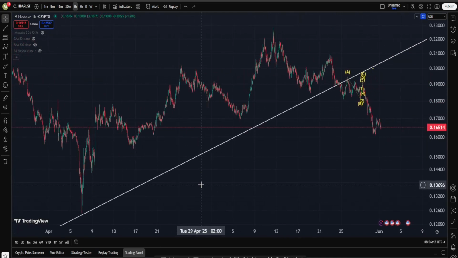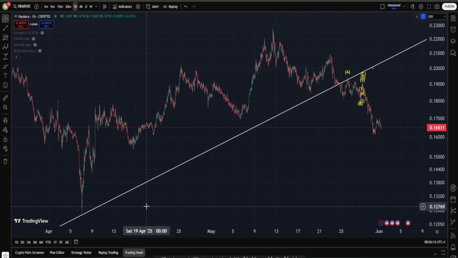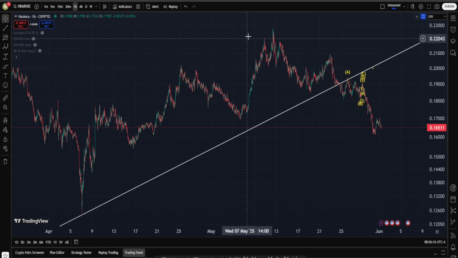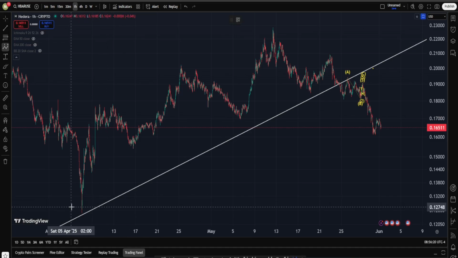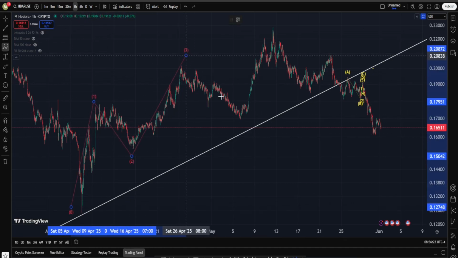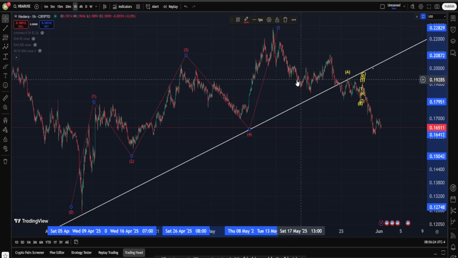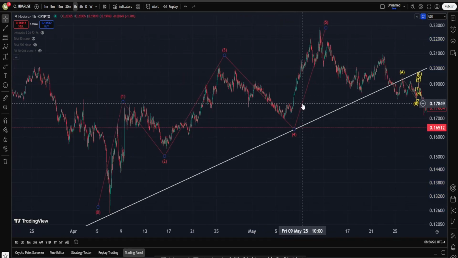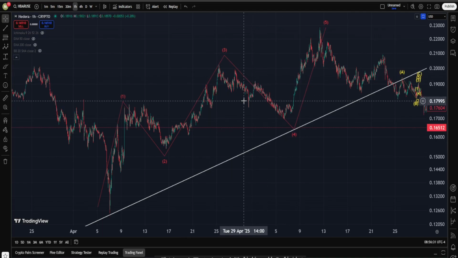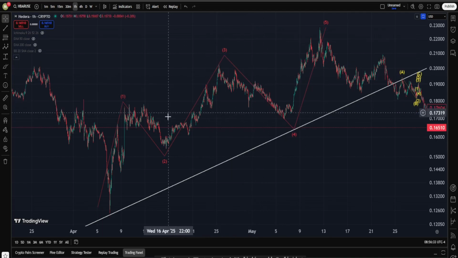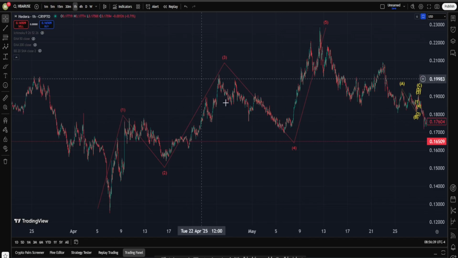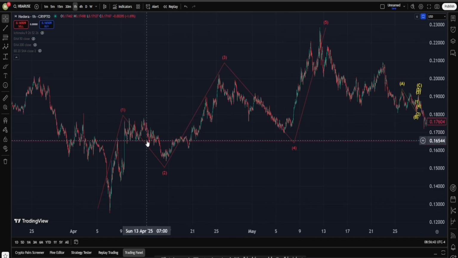Okay, let me ask you this. How exactly now in Hedera are you able to find from this point to about this high a 5 wave on the upside? Are you going to say maybe this is 1, this is 2, 5 up into wave 3, correction for 4, and yet another move on the upside into wave 5? You know what? Fair enough. But pay attention. Because we are having overlapping of the waves between our wave 4 and 2, and clearly wave 4 is bigger than wave 2, okay, that narrows your option to pretty much one choice, and it's an expanding